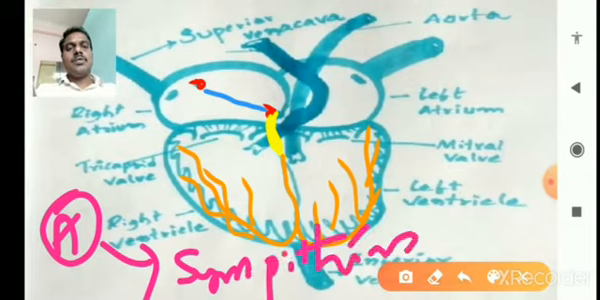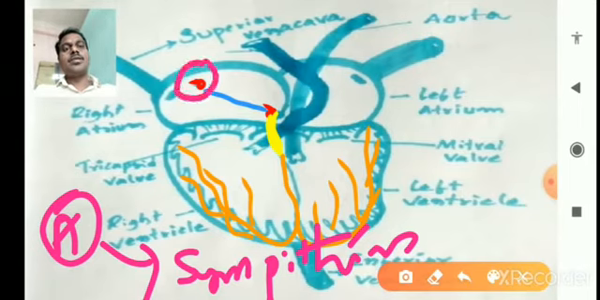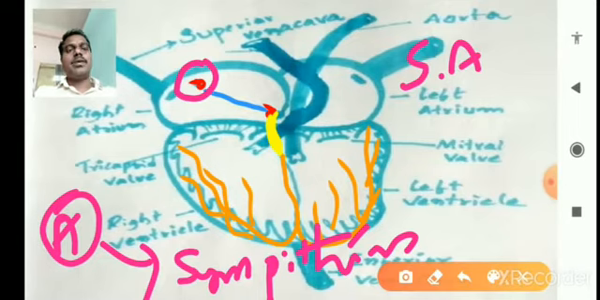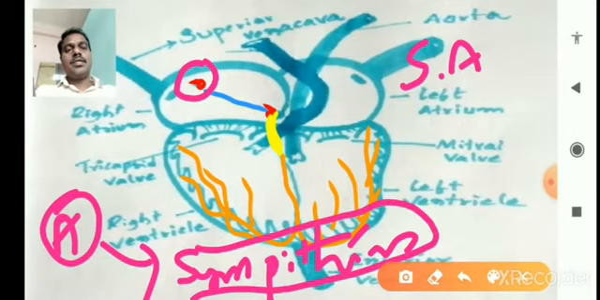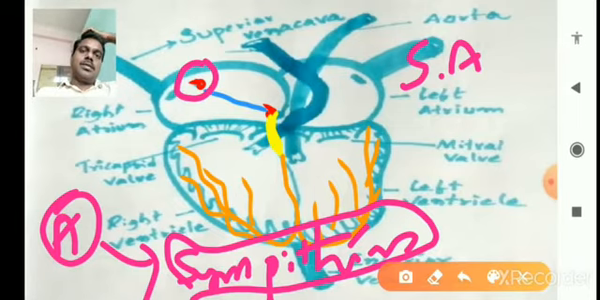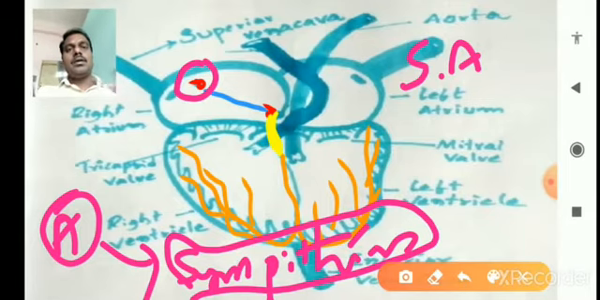So this sympathin is very important for accelerating the SA node. This is the SA node. The SA node is activated by the sympathin, which is released by the accelerator nerve from the medulla oblongata. So the accelerator action is present in the medulla oblongata, and at the same time the inhibitory action is also present in the medulla oblongata. The vagus nerve inhibits the regulation of the heart, and the accelerator nerve accelerates